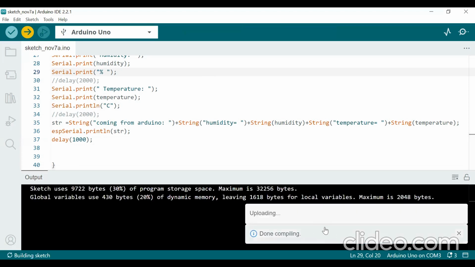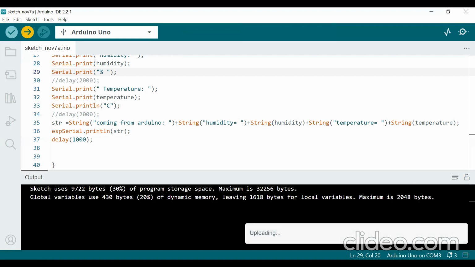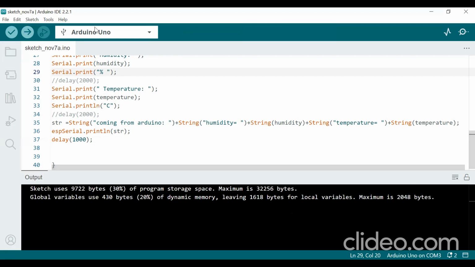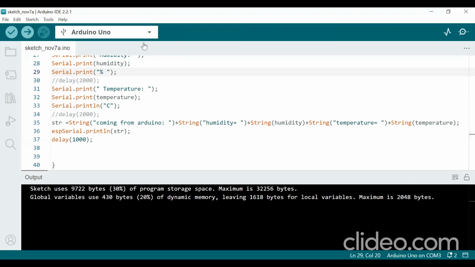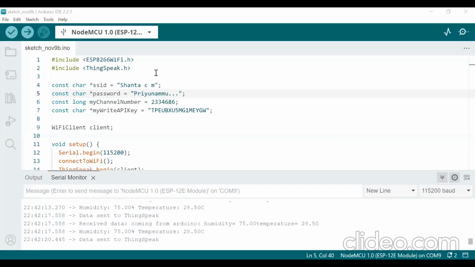Okay, so the uploading and compiling is done. This is all about the Arduino Uno code. Now I'll explain the NodeMCU code and how to upload it. This is the NodeMCU code. Since it has an inbuilt Wi-Fi module, you should include the library file